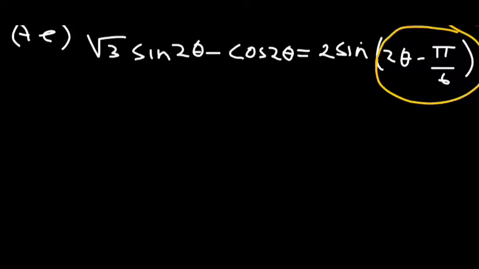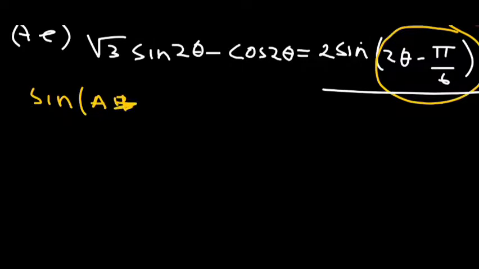So this one, we're going to start with this side to prove what we have on the left hand side. So there is another trigonometric identity that you need to be familiar with. This is under sum and difference trigonometric identities. This identity states that if you've got sine a plus b, okay, so if you've got sine a plus b,